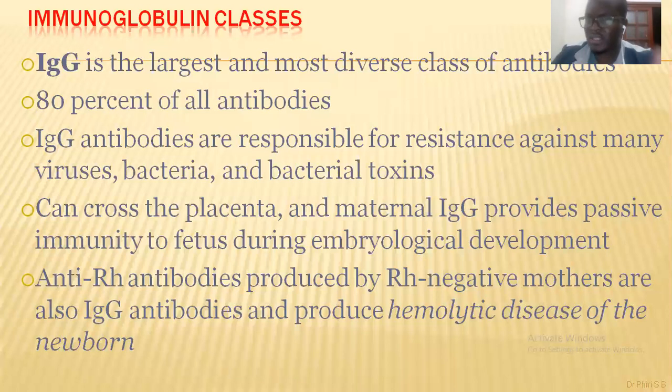So the first pregnancy is not affected. But the second pregnancy, if it's also rhesus positive, will be affected because there will be severe damage of the fetal blood that can result in hemolytic disease of the newborn, which is a special type of anemia. It can also result in jaundice because there'll be accumulation of